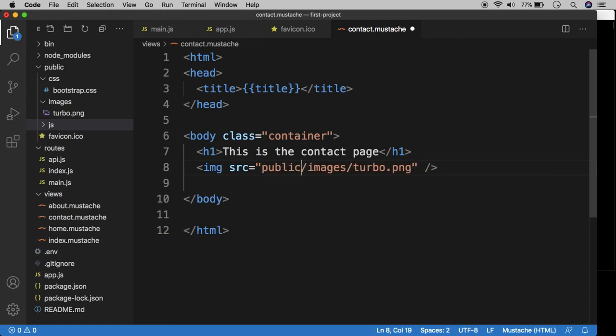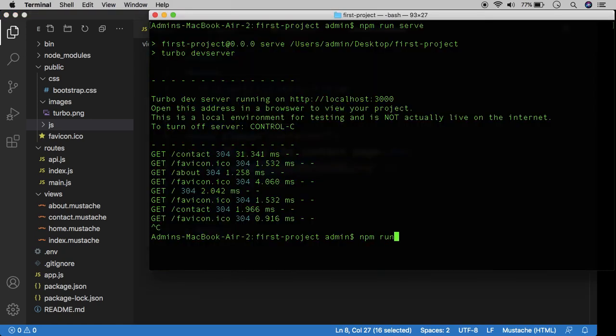In other words, we do not do this. This would be wrong. We actually don't want to include it because the entire site, the entire project already knows that all static assets are in the public directory. So it's implicit, it's already there. So if we add it again, it'll actually not work. It'll look for a file that doesn't exist. So that's the most important thing to take away here, and all static assets will follow that paradigm in a Node-Express environment. So if I run the server again,